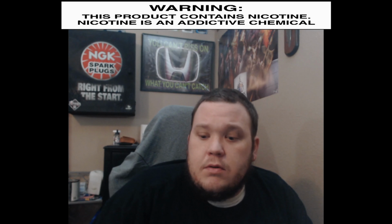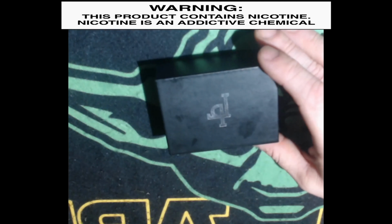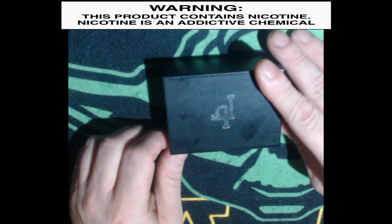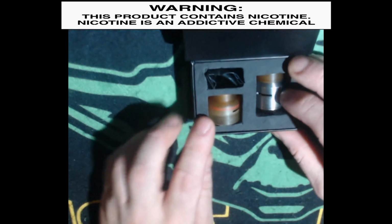Without much more, dive down, take a look at this little guy, and we'll bring it back up top. Alright guys, so here's the up close on the Goon LP by 528 Customs. When you open the box, you will get the